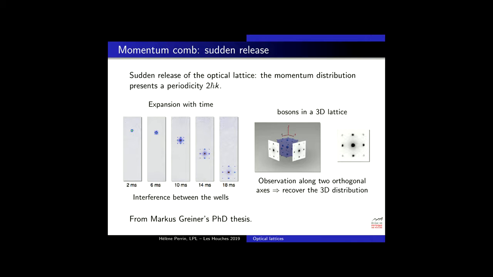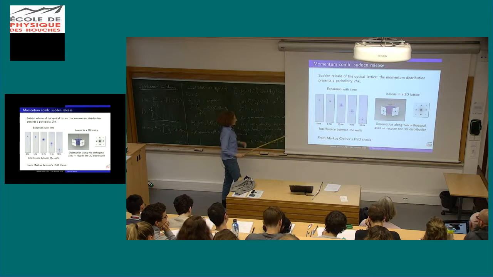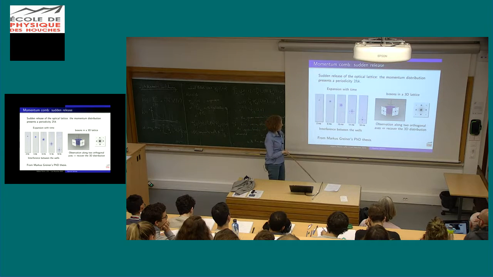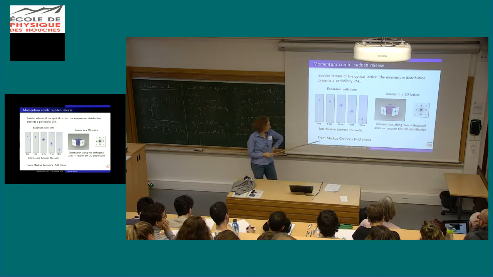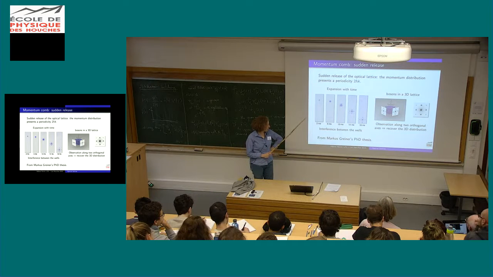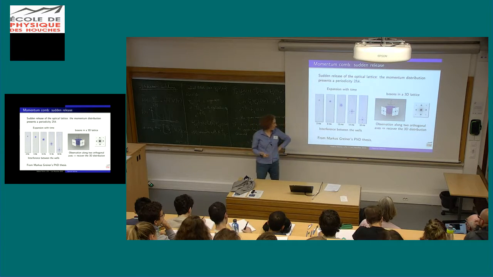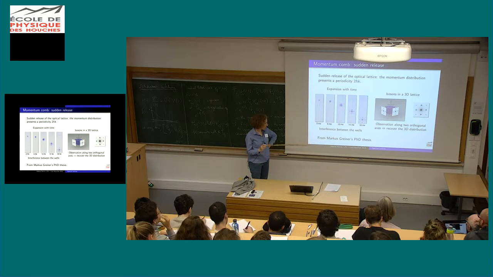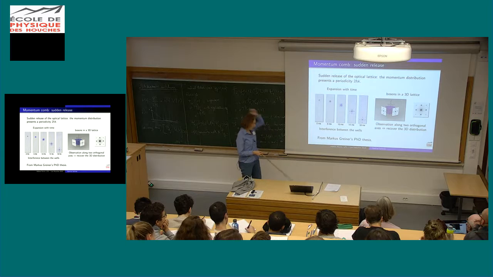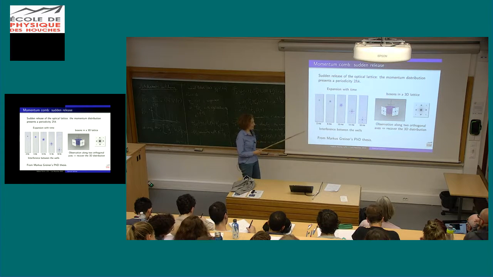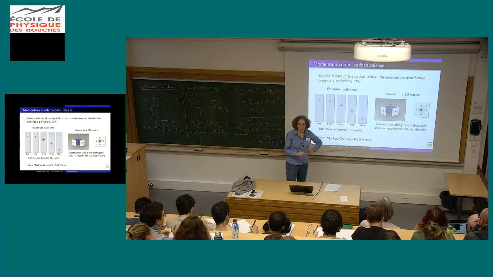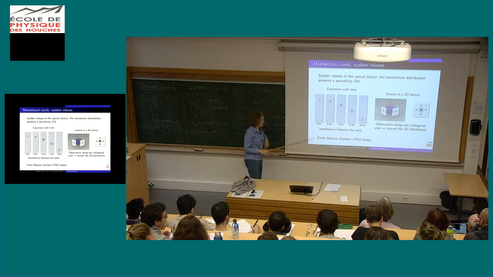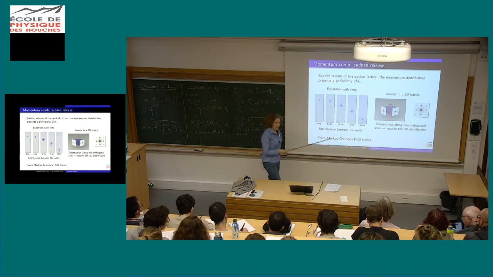Okay, so this is a very nice picture of a diffraction pattern we obtain by switching off abruptly a lattice where the atoms occupy the ground state with Q almost 0. And the lattice is not very deep, so you have a very nice Bloch state. And in this graph, interactions play a limited role. So it's almost just a Bloch function.